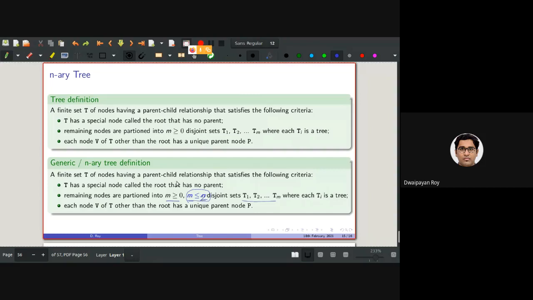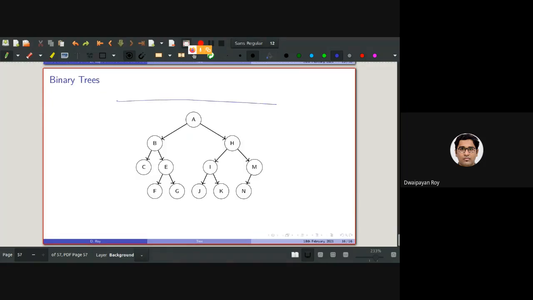So let me just take a minute to define this in case of a binary tree. I just got a little bit confused. So it is a recursive definition, you know. So as I am saying that the remaining nodes for any node, so consider this as the root, as a tree. This is the root. So any node in this tree we will be able to partition into m number of partitions where m can be greater or equals to 0. Sorry, m will be greater or equals to 0 and less or equals to 2.